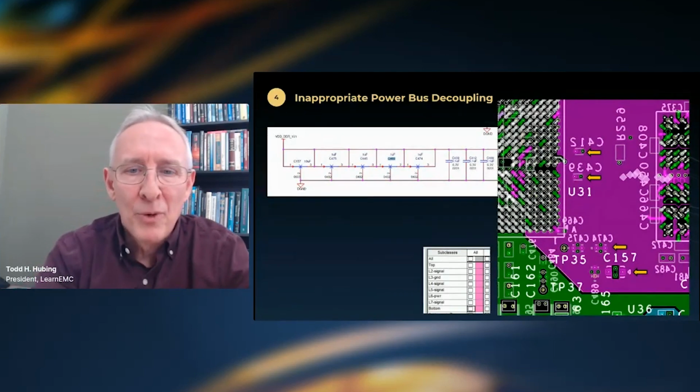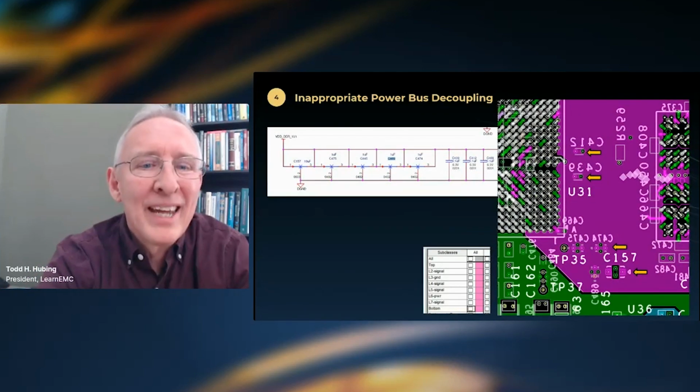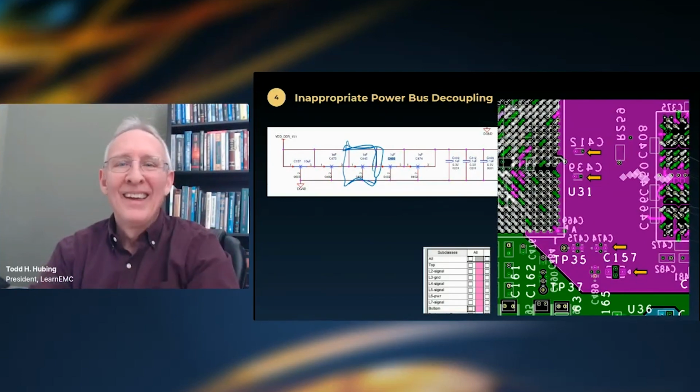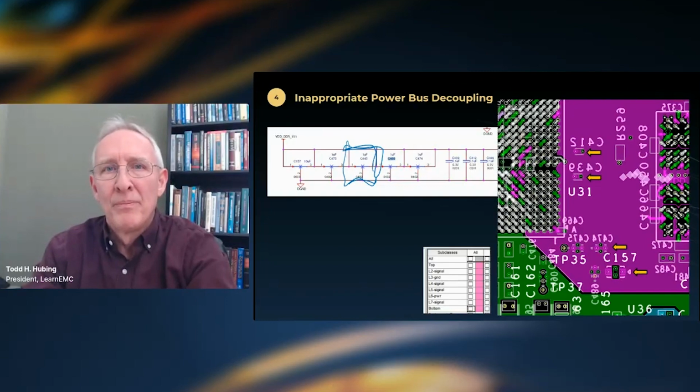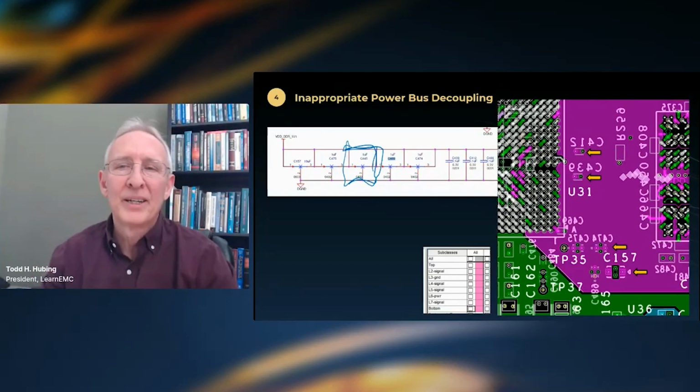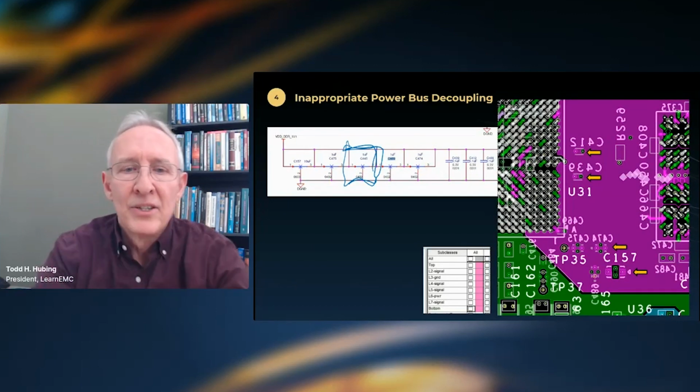One other thing I found on this board is that for their decoupling, they have a bunch of these caps, commonly called X2Y caps. X2Y capacitors are very nice if you're filtering differential lines or two balanced lines. It's a balanced capacitor structure. It works well for balanced filtering. Power bus decoupling is not a balanced filtering situation. These capacitors really don't make any sense. They offer no advantage that I can see. It's not that they're terrible, but they do focus